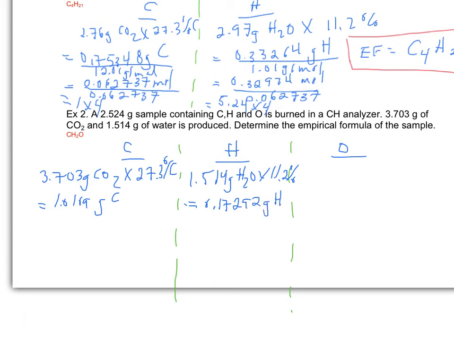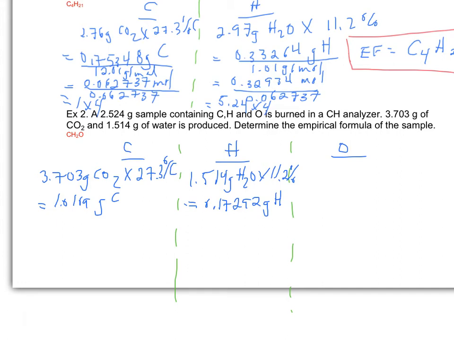To find the grams of oxygen, I need to figure out what mass was left in the original sample. I can't take the mass of CO2 times the percent of oxygen and add it to the mass of water times the percentage of oxygen in water. That's because in the original experiment, we pipe in pure oxygen to ensure that we have a complete combustion. Some of the oxygen from the CO2 came from the original sample, and some of it came from what we